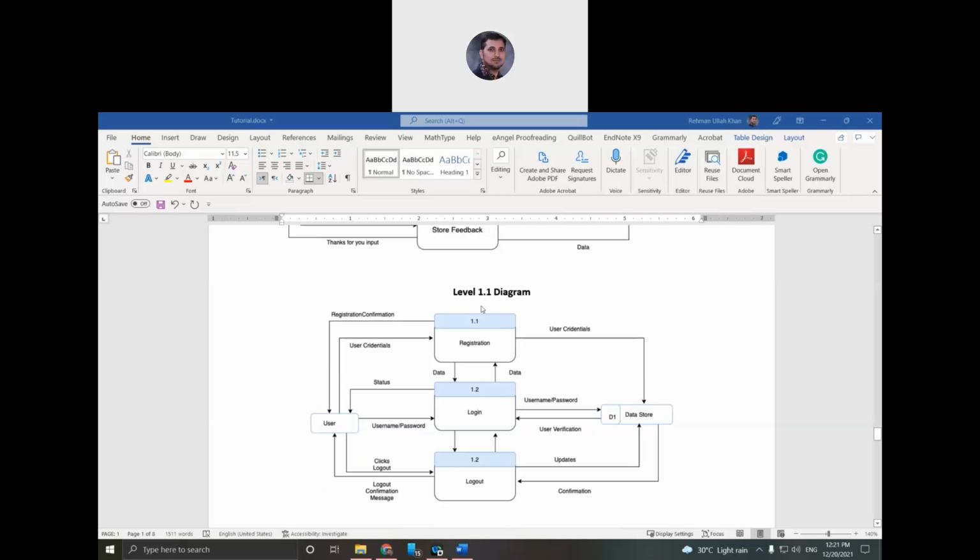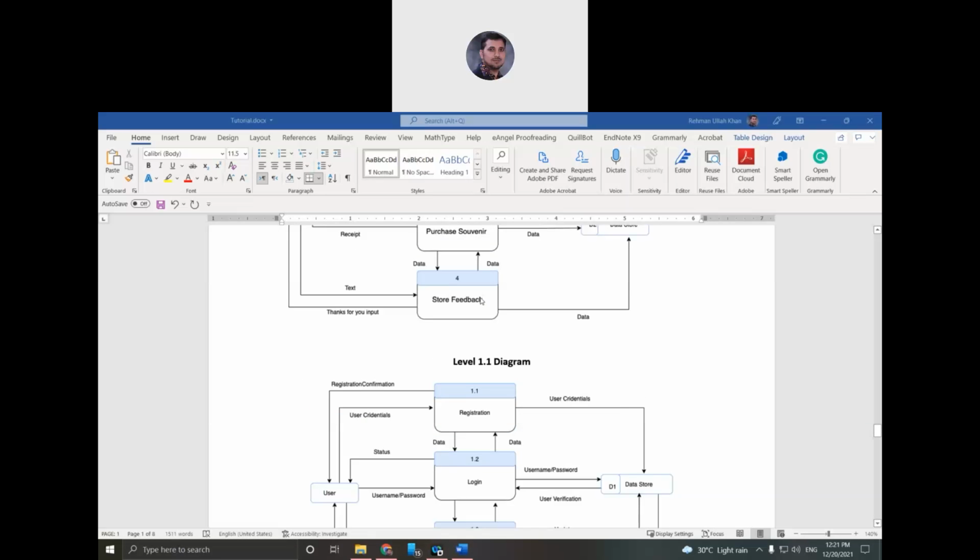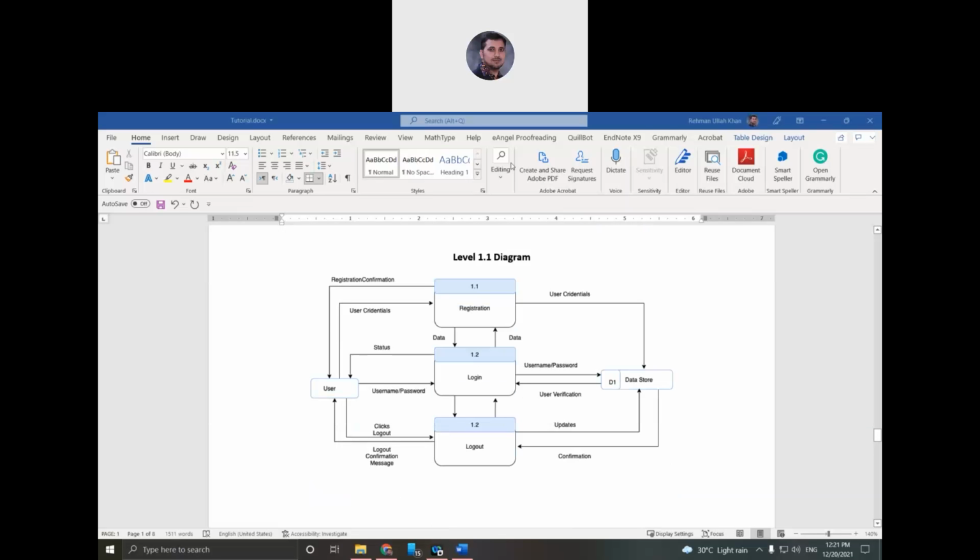I give the name level 1.1 because I want to explain only process number 1, which was actually login in the previous diagram. Login is only possible if the user registered first, and registration is possible if a credential goes from the user and the process uses this credential.